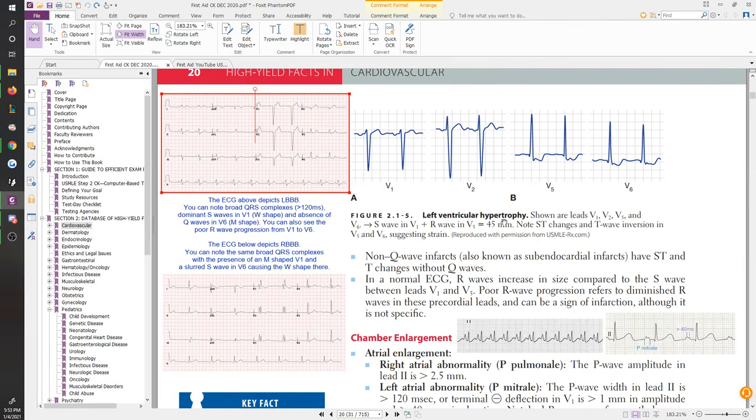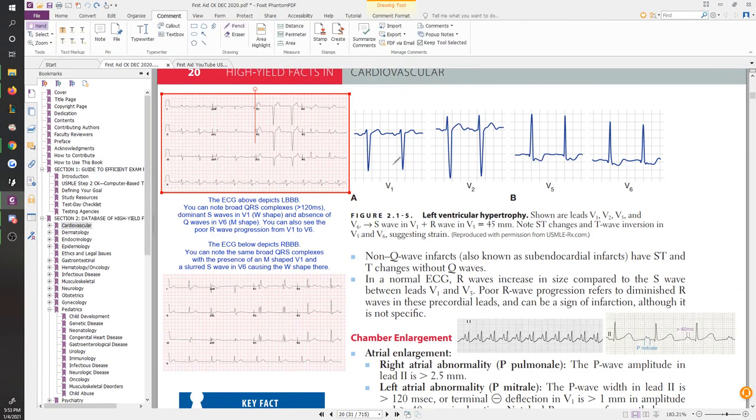So what we're seeing for left ventricular hypertrophy, they're showing you leads V1, V2, V5, and V6, which is all related to the R wave progression of your V1 through V6. So V1, we know, is supposed to be pointing down, so that's great. But it's supposed to be pointing down tiny, not so long, right? So you can already see this is a little too long. V2 is also too long. And V5 and V6 are pointing up, which is also good. So what exactly are we supposed to be catching here? Well, for ventricular hypertrophy, and this is probably not something you're expected to actually do on the test, but more so pick answer choices with.